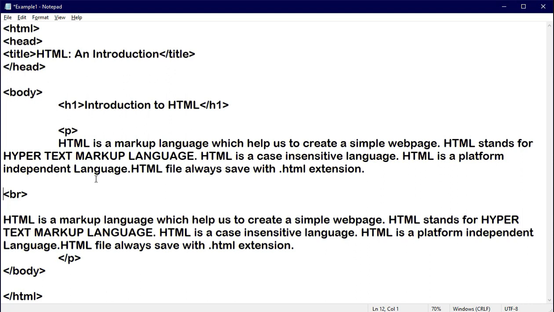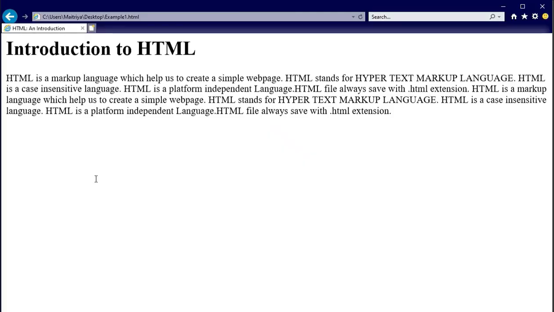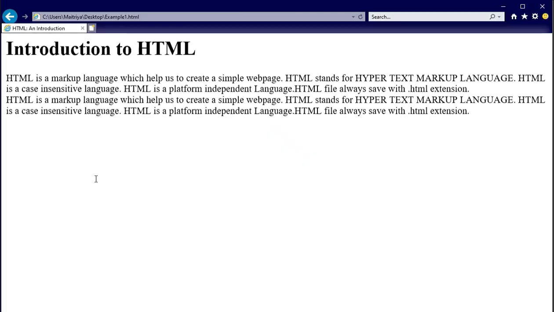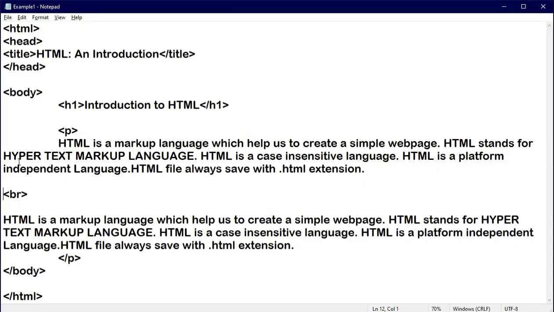So in one paragraph, if you want to break your line in between, then using the BR tag you can do it very easily. Now just see the output. Now it will appear on two different lines, right? But this is not considered two paragraphs. If you want to display two different paragraphs, then here I am closing my p tag.